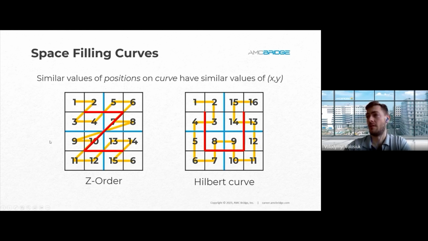As you can see, we can even observe some generalization. If we have high resolution, but we reduce the resolution and consider this entire cell as one single cell, you can see that the complexity of the curve for each particular cell on a higher level still follows the same pattern. And if you start generalizing more, the pattern will be preserved. So this is a specific of these particular curves.